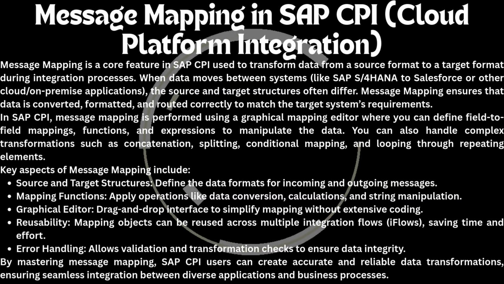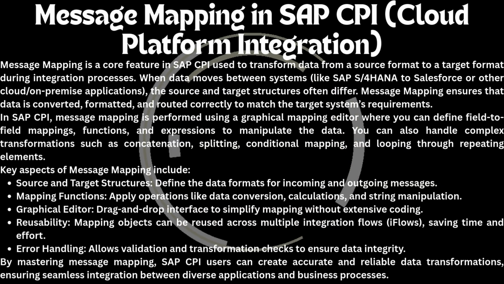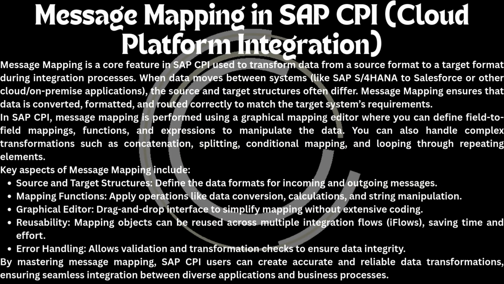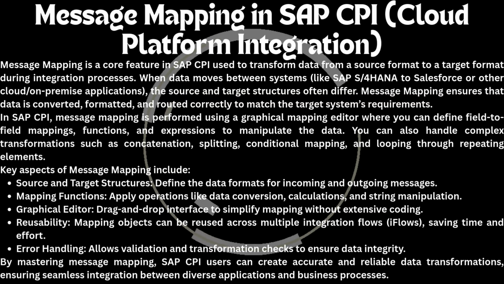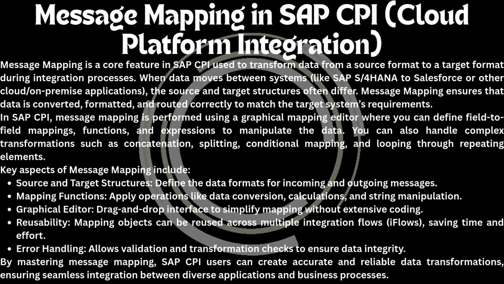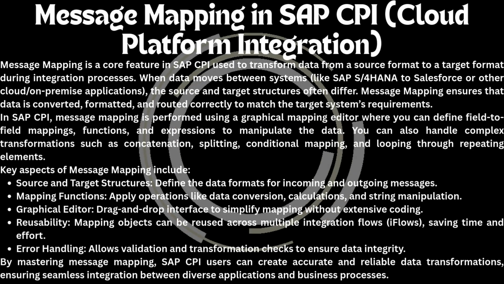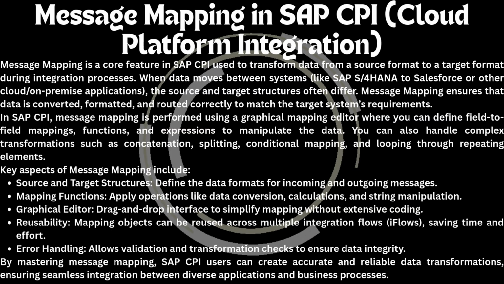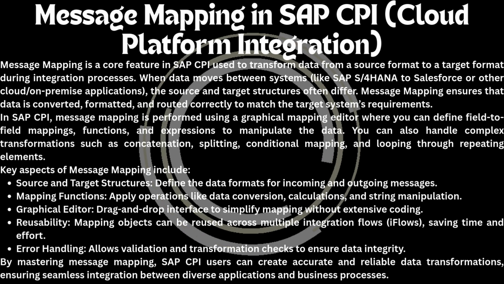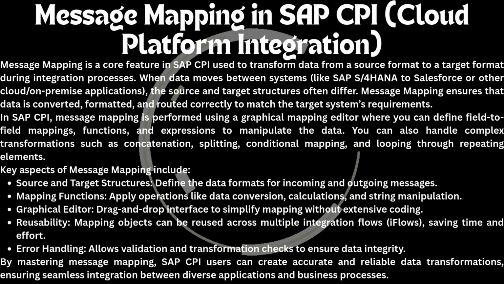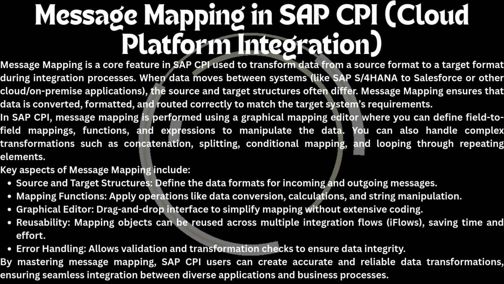Mapping functions. Apply operations like data conversion, calculations, and string manipulation. Graphical editor. Drag and drop interface to simplify mapping without extensive coding. Reusability. Mapping objects can be reused across multiple integration flows, saving time and effort. Error handling. Allows validation and transformation checks to ensure data integrity. By mastering message mapping, SAP CPI users can create accurate and reliable data transformations, ensuring seamless integration between diverse applications